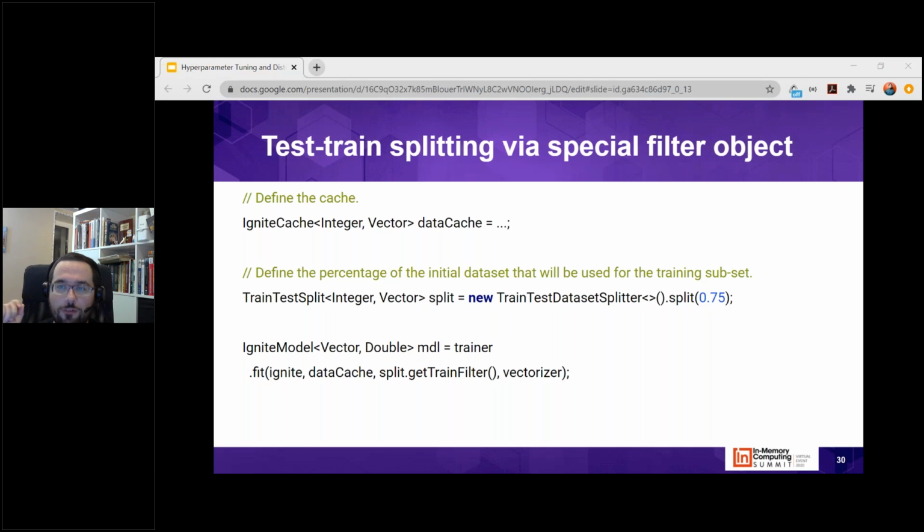This is a special filter which filters the data stored in a cache into two parts. It's like a logical predicate, performed according to particular conditions. You could define them or use pre-built ones. In reality, there is no data transfer or network shuffle during this splitting. It's only a logical filter which will be lazily evaluated during the evaluation phase or training phase, etc. And all fit methods have a special parameter for this filter,